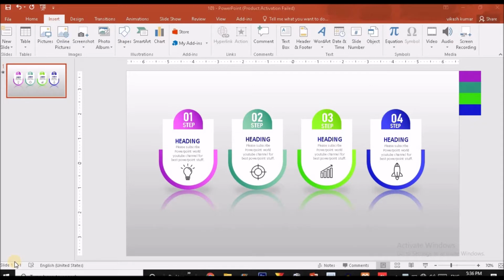This infographics is looking so awesome, attractive and eye-catching guys, so you can use this infographics in your project to enhance your presentation. So let's have a look guys how I have implemented and combined these shapes to create this type of effect. So as you can see here, I have used